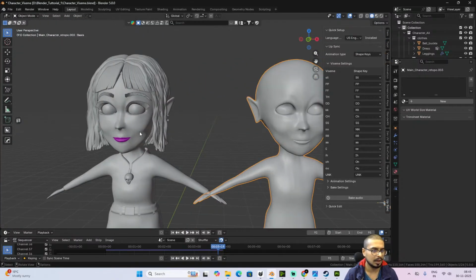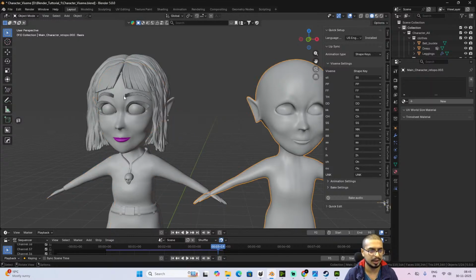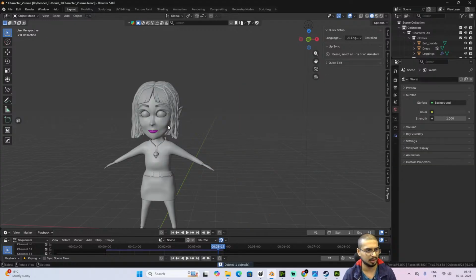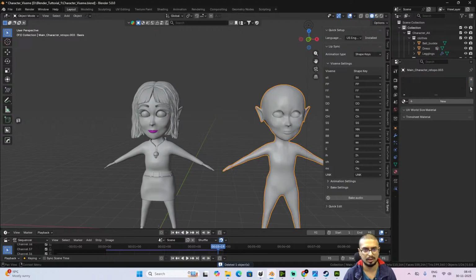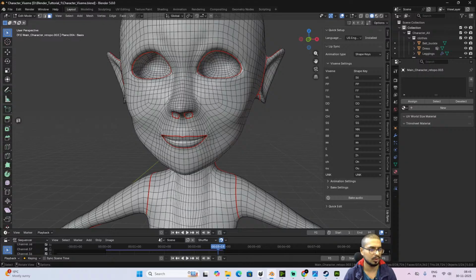Instead, I duplicated this mesh first, and then I deleted the materials from that particular mesh by pressing this minus button. So I can do it again, maybe duplicate it on X, and I'll remove it. And one more thing that I want to do is